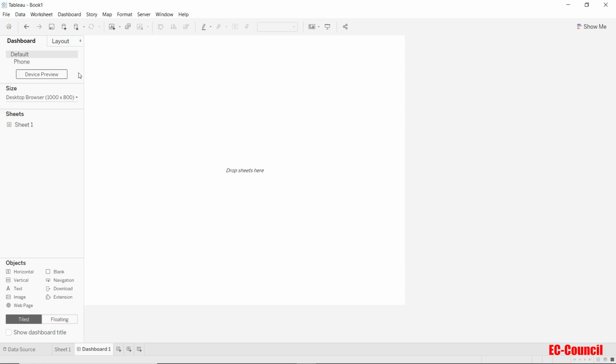Thereafter, in this dashboard pane, we have an option to select the size of the canvas. This can be utilized to set the size of the canvas before we start building the dashboard. If we click on this, we get three options, that is fixed size, automatic, and range. The automatic option adjusts the screen size accordingly, and the dashboard will scale up or scale down to fit the